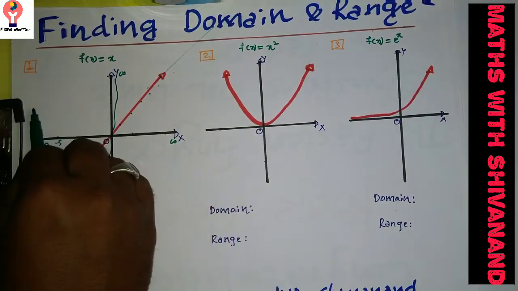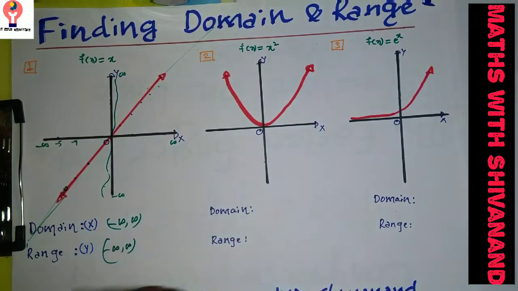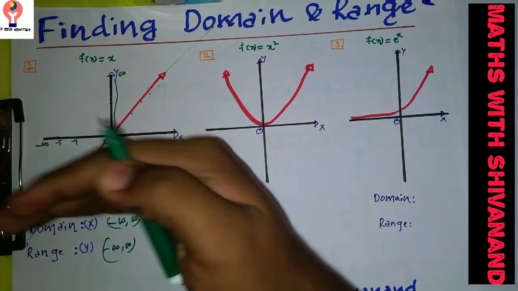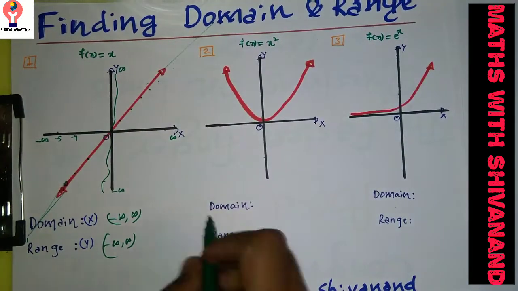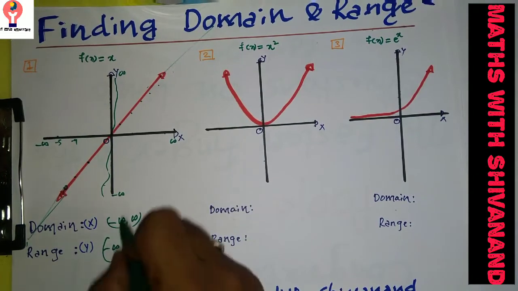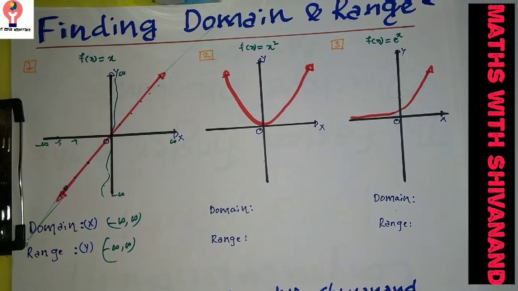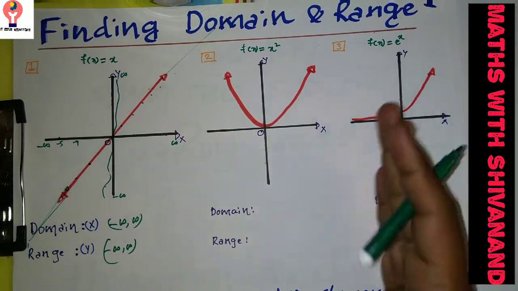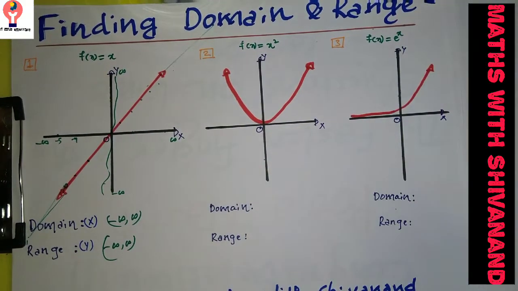So the domain is minus infinity to plus infinity. The range is also minus infinity to plus infinity. Range is nothing but checking the graph along the y-axis, from bottom to top. So remember students, while mentioning infinity, always infinity should be bound by an open interval. Those who did not understand, kindly look at the second graph here. At the fifth one you will come to know exactly the domain and range by looking at the graph.